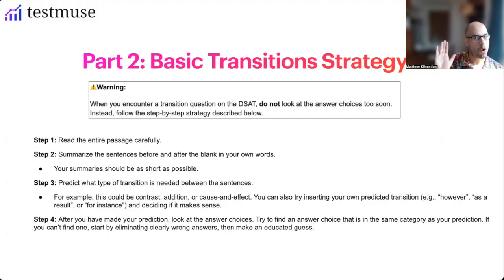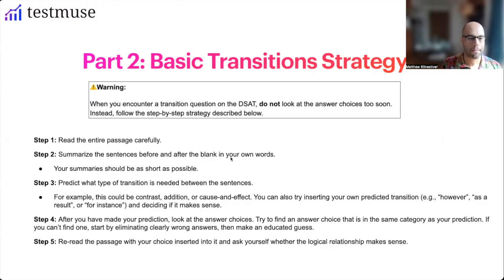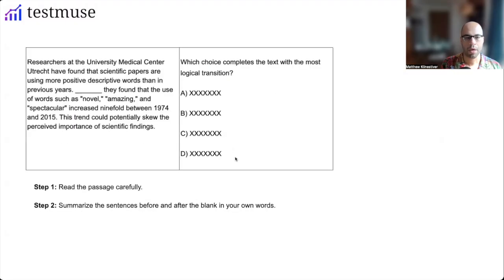After you've made that prediction, and only then, can you go into the answer choices. You can look for a match, but you can just as easily try to eliminate wrong answer choices that don't match the category that you predicted, or the category that the transition you did predict was in. Go ahead and reread the passage, inserting your transition, and see if it makes sense in terms of logical relationship. So we're going to do that with a question here. Notice that the answer choice has been removed so you don't have the temptation to look. Let's go ahead and read this